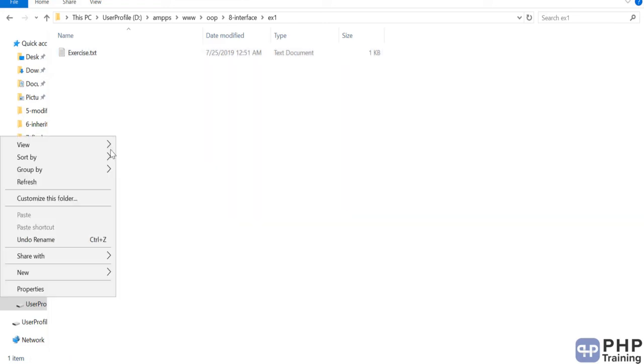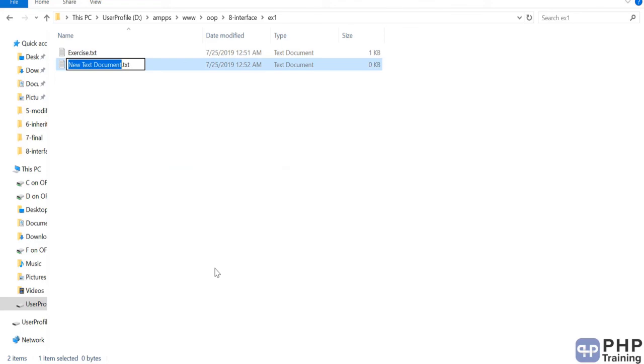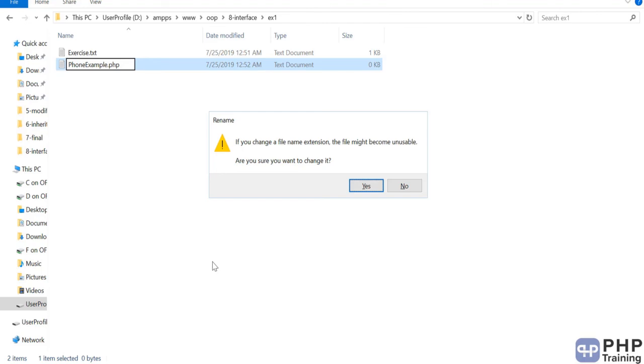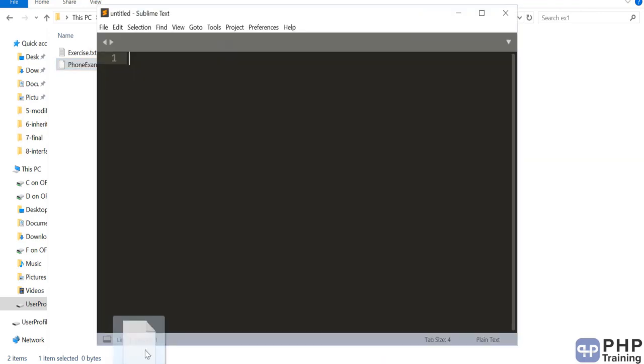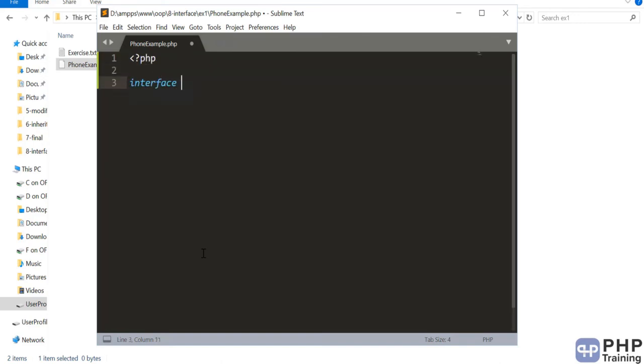Welcome back. So let's do this exercise. So we'll create a file called phoneexample.php. So first we will define the interface, which is called phone, and we'll have two functions in it, make call and send message.